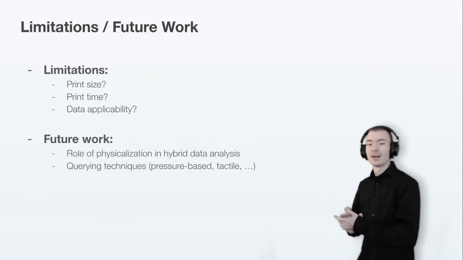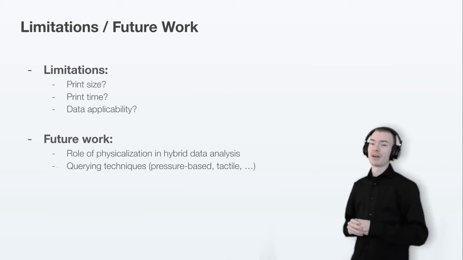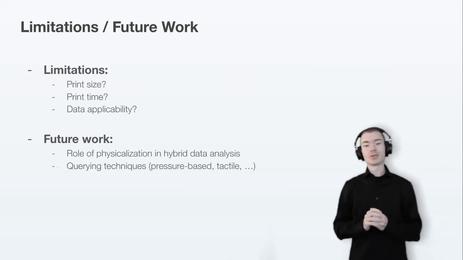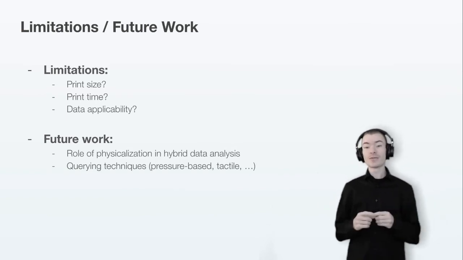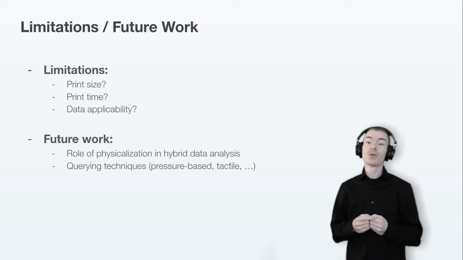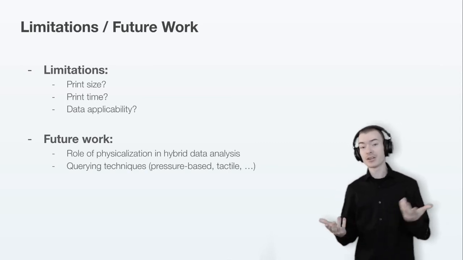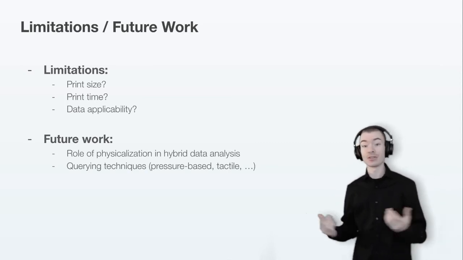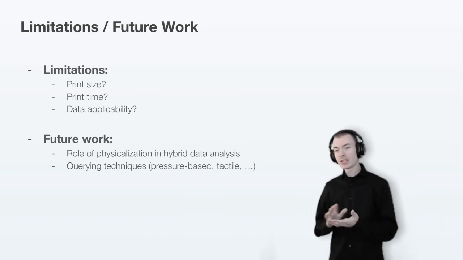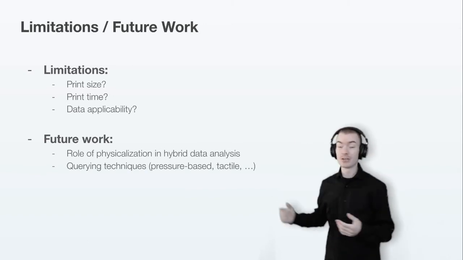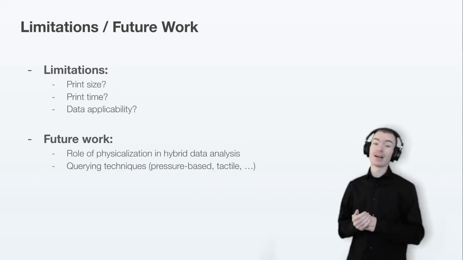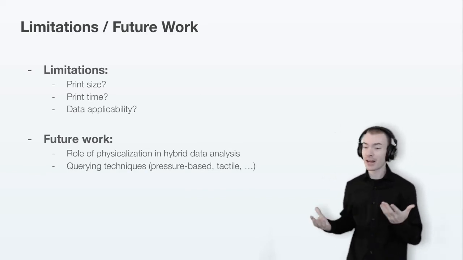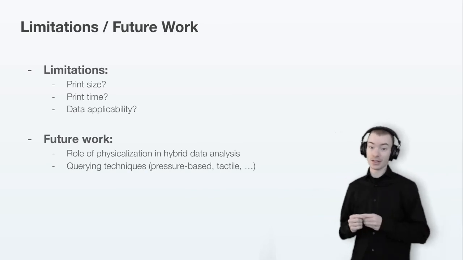So despite positive results from both of these preliminary evaluations, there are still some limitations to our approach. Firstly, the force sensing tablet is only 24 centimeters by 13.8 centimeters, which limits the touch sensing area that we're able to have, and therefore the print size. The print time might also be prohibitive in some workflows. So the Antarctic print that we've been using as examples in this talk took about 2 days to print at a layer height of 0.15 millimeters, which is pretty high resolution. So there are some trade-offs there.